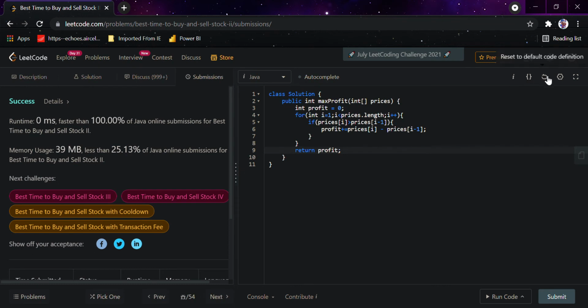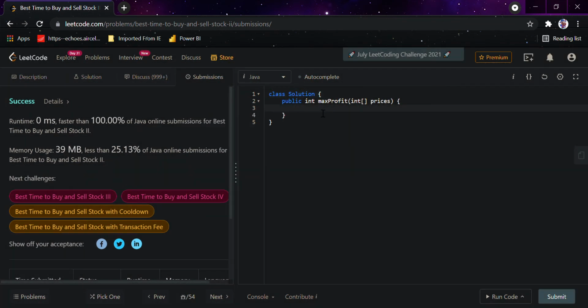So another solution I have is using the dynamic programming approach. In this approach we would be storing values, that is, we would declare an array of size prices.length. Then we iterate throughout the array and see how much difference there is between the minimum value and that value, and we calculate the value based on the maximum of both of them. It's not a problem if you didn't understand it now. I would just code it and it would be really easy to understand.